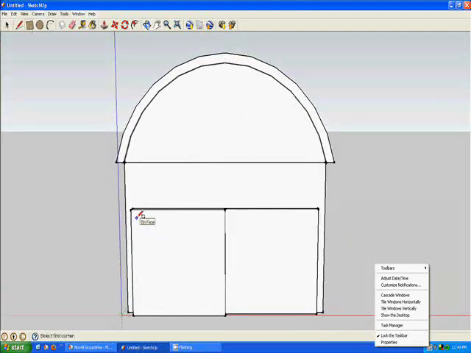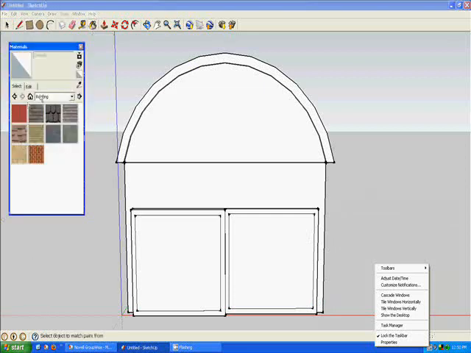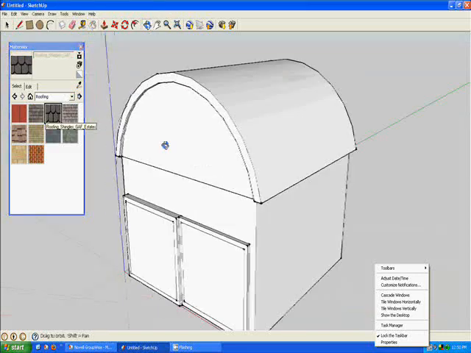Now you want to put little squares inside of them. So just click and put it inside and make sure it's lined up, and do the same with the other one. And then use your paint bucket and just color it in with all the colors that you want. And that's how you make